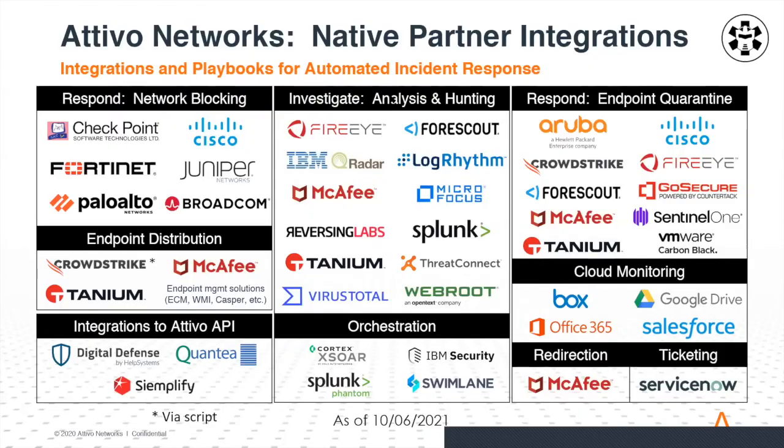These are native integrations where they have our tiles as part of their workbook, and they can trigger it based on that. But we can also trigger any of these integrations that we have, either responding with a network block, or doing investigation and analysis, or responding with an endpoint quarantine, either natively or with any of those solutions that we have. So yes, we can share information with orchestration solutions to trigger their workbooks, or we can trigger our